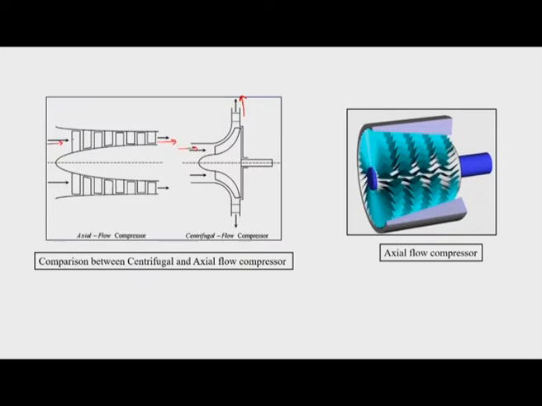Here we have rotor blades and stator blades arranged in a series in the direction of the flow. First we will encounter the rotor, then we will encounter the stator, and then there will be a series of stages which will be encountered by the flow as per the requirement of the pressure rise. We can see this in the animation also, where we have rotor blades rotating, and these stationary ones are the stator blades. Again we have a rotor and again we have a stator. This is how the axial compressor is composed.